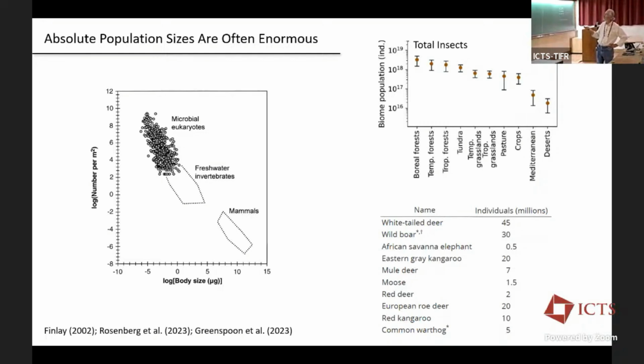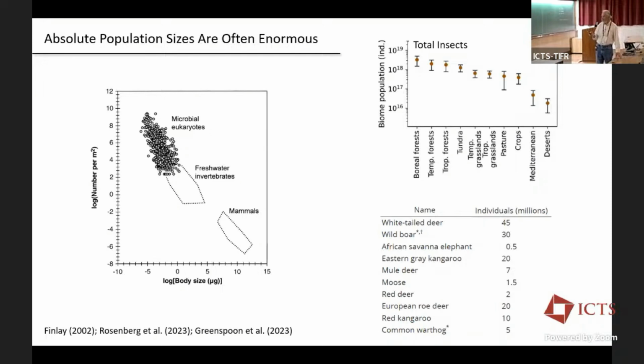That's actually been done in some cases. Lately, Ron Milo's lab has been trying to summarize enormous amounts of data to get an idea of where biomass is distributed on the planet and so on. And these numbers here are the number of individuals, insects in boreal forest, temperate forest, and so on. Those are really big numbers. And even if we divide by, say, 1 million species to get the average number per species, we're left with still a really big number. These are the number of individuals of some mammals that constitute most of the mammalian biomass on the planet, other than our own and cows, I guess.